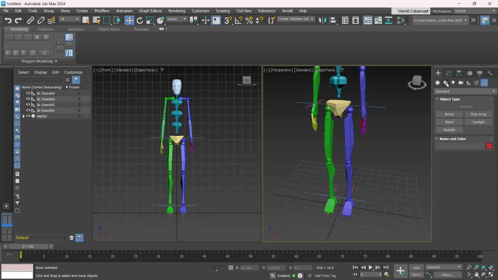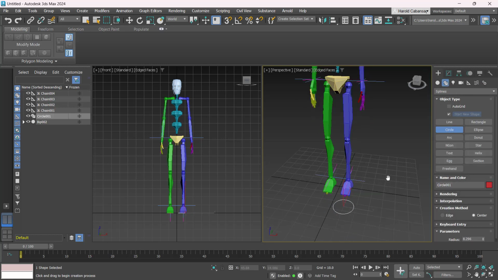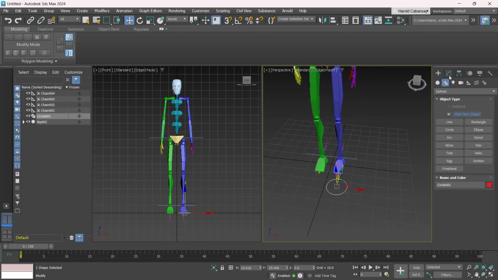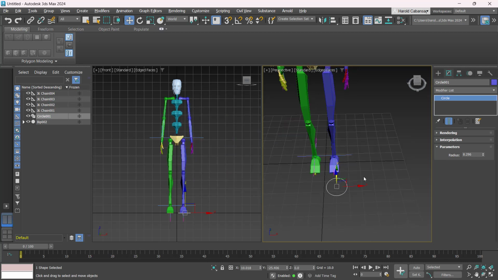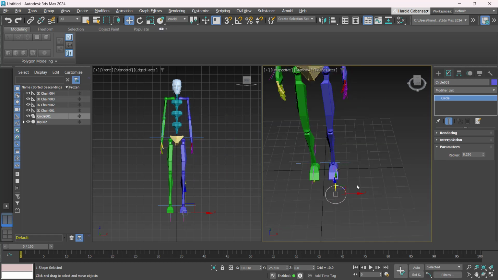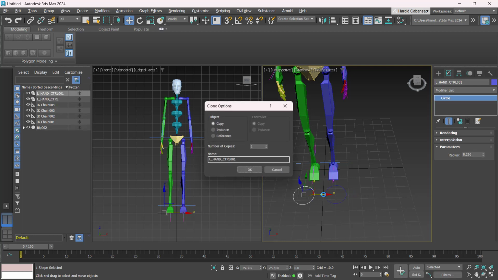So I'll go to my shape, and then I can choose circle, for example, and then I will just color code this circle, for example, to blue. The blue is going to be the left side, and then the green is going to be the right side. So I will just name this, for example, L for left side of the biped, and then I will name it hand underscore CTRL or hand control, and then I will just clone copy it here, holding shift click and